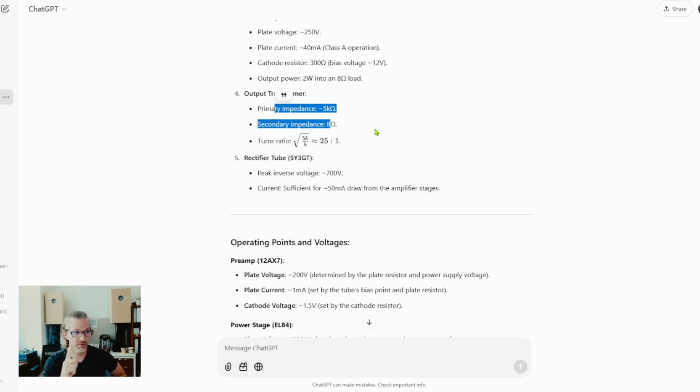You could also use, which is even better, a Zener diode, like a 6 volt, 6.2 volt Zener diode. And why is that important? Because then your screen voltage is a little bit lower than the plate voltage, and you must always keep the screen voltage a little lower than the plate voltage, because the screen is a lot more fragile than the plate, and that will significantly lengthen tube life, and also will have an impact on the sound. It will be noticeably better, a less stressed sound. Anyway,